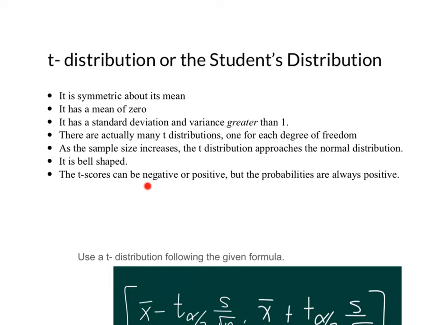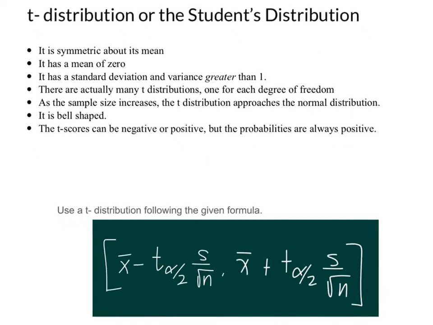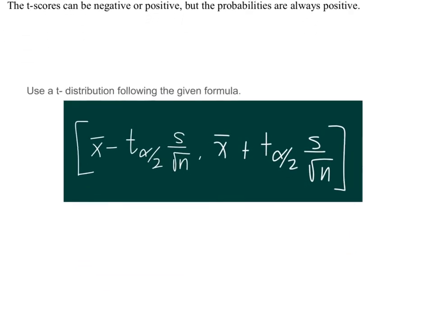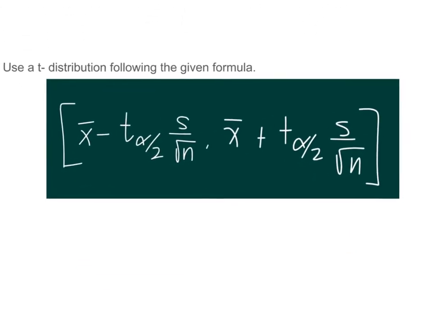The t-scores can be negative or positive, but the probabilities are always positive. So there is no such thing as negative 0.1234 probability. They're all positive. Okay, so when we use the t-distribution, we will be using a different but very similar formula